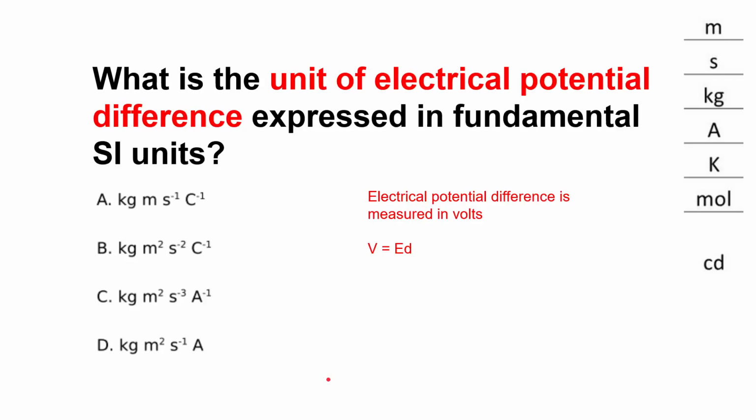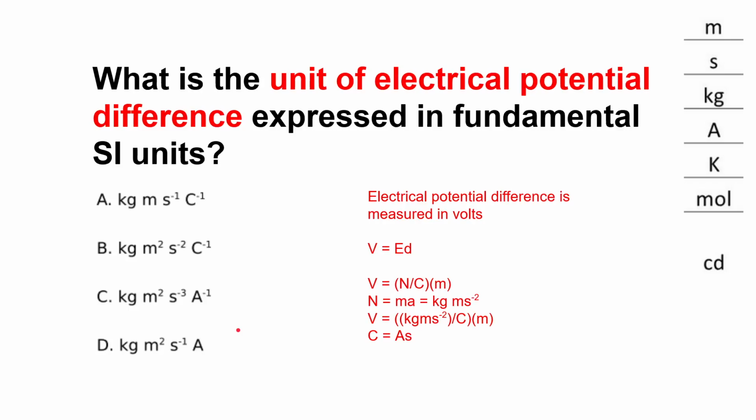Voltage is equal to the electric field value times the distance that a particle travels through the field. And the unit for electric field is a Newton per Coulomb, and the unit for distance is meters. And since we have to write newtons in terms of fundamental SI units, we know that force is equal to mass times acceleration, ma, which is kilograms times meters per second squared. Now this is in terms of units. So we can put that into our equation,